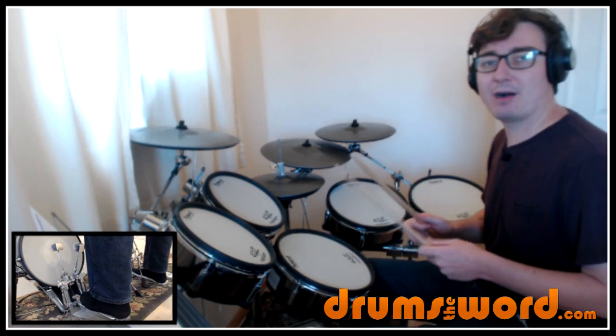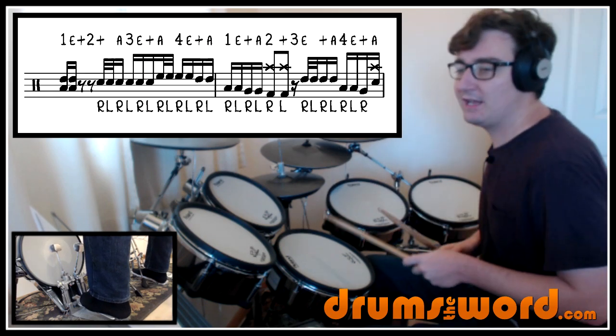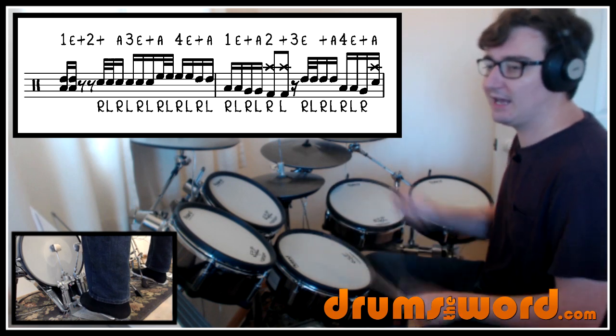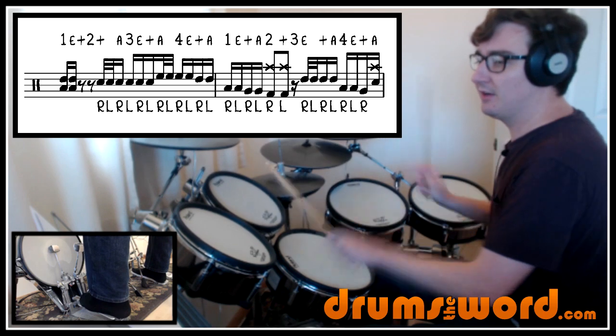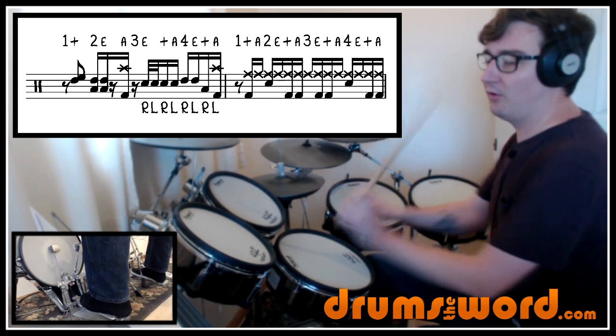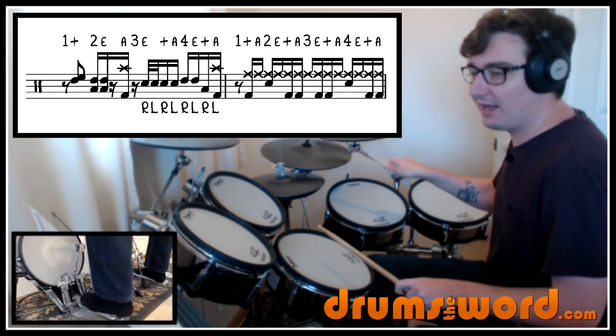I'll probably make a few mistakes here, but I'll keep them in to show you just how tricky this stuff is to play. So I count myself in: 3 and 4 E and a 1 E and a 2 E and a 3 E and a 4 E and a 1 E and a 2 and 3 E and a 4 E and a 1 and 2 E and a 3 E and a 4 E and a 1 and 2 and a 3 E and 4 and a...